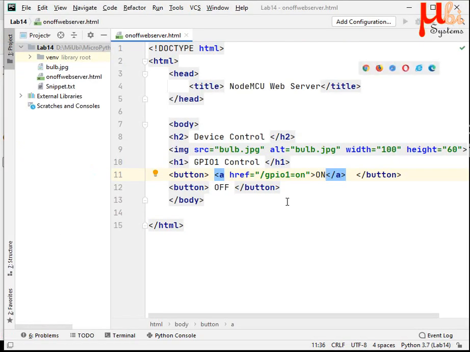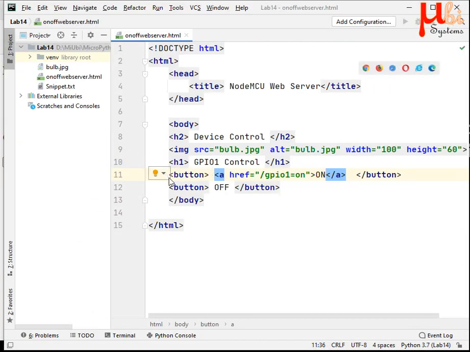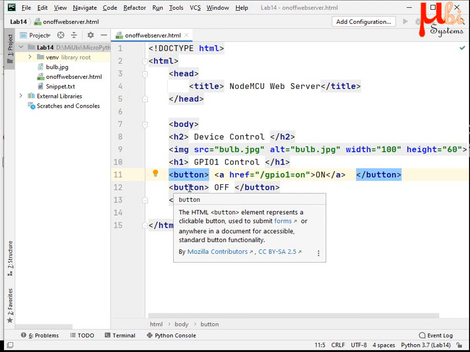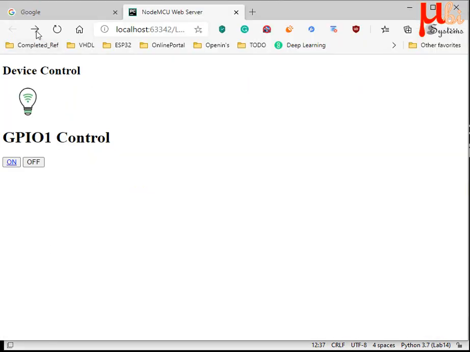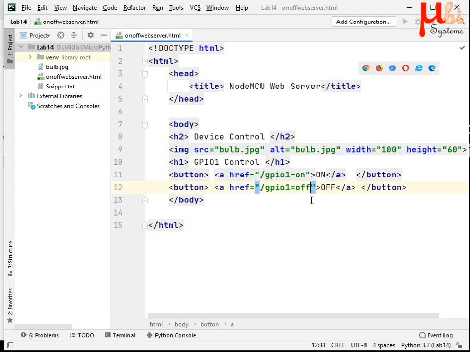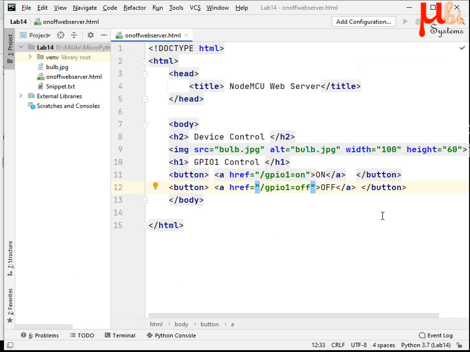So later in our code, when we are trying to control devices in our actual project, I'll show you how to do that. So we have just linked this to a hyperlink. So when we click on this, this is the request which will be sent to the web server. That's what will happen. Okay. So similarly, I can create one more button, which is the off button. Refresh. See. Then we need to verify this. Yeah, we need to change this. So off is linked to GPIO equal to off. Okay, this is pretty good. This is a normal look.